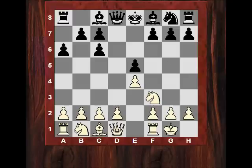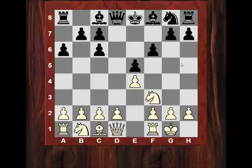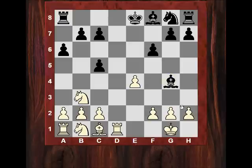So the pawn is actually en prise and needs to be defended. There are various ways of doing this. f6 is a common move, just shoring up the pawn. Now d4 is natural. When after e takes d4, white generally takes with the knight, and the main line here goes c5, knight b3, queen takes d1, rook takes d1, and now black throws in bishop g4, hitting the rook,